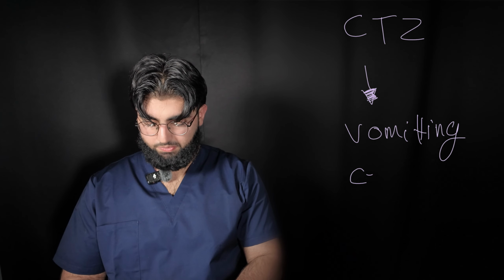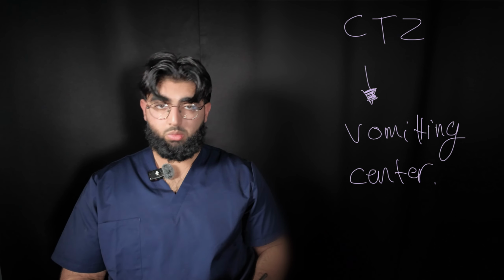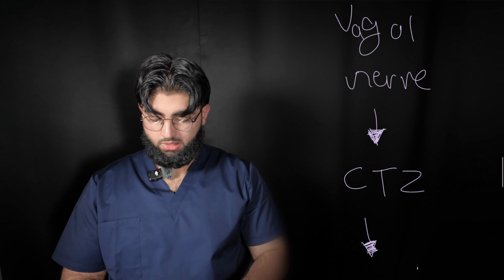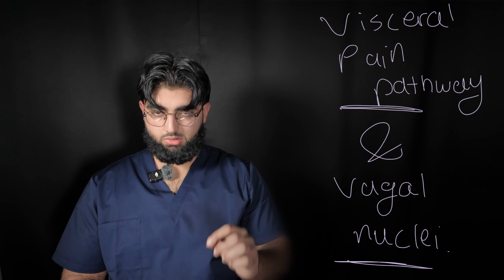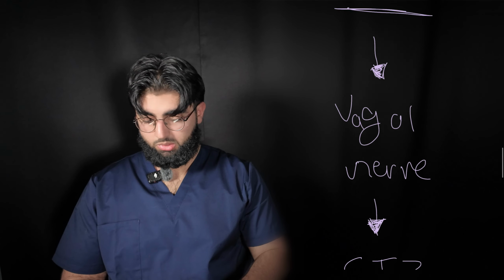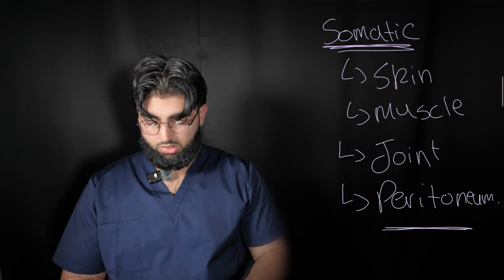Now, when the chemoreceptor trigger zone is actually stimulated, it can then go on to trigger the vomiting reflex, the vomiting center within the brain, right? So it all starts with the original pain signal, then that travels up and activates the vomiting center, which is why you have that feeling of nausea and the desire for vomiting,